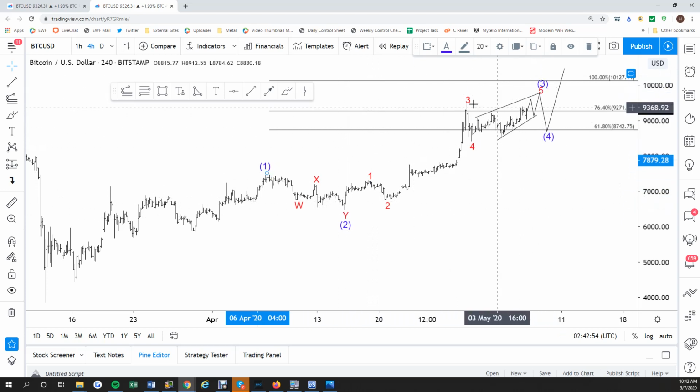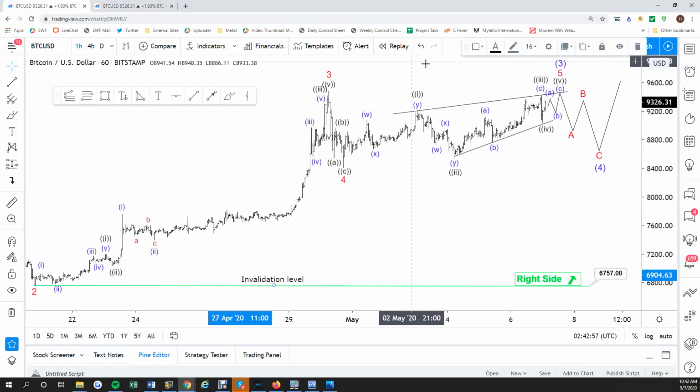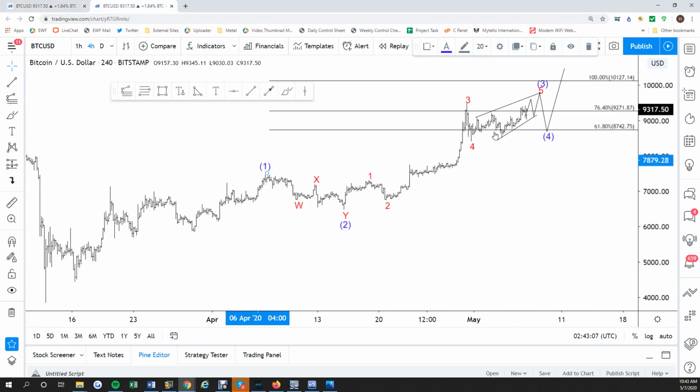a 5 waves, especially if we can break above wave 3, which basically we haven't been able to do. Okay, we have not broken above wave 3 technically in the shorter cycle. So until we do that, we still do not yet have the confirmation that this is actually a 5 waves, right? So we still have to break above wave 3 here, then that should confirm that this is really a 5 waves. But with the extension here, it looks reasonable to call this a 5 waves, at least starting from